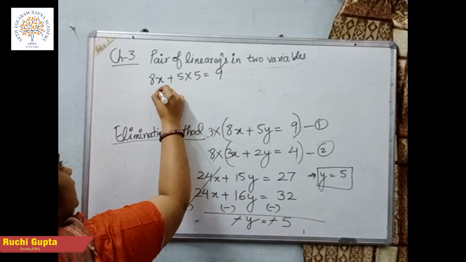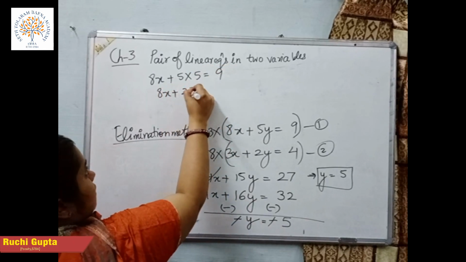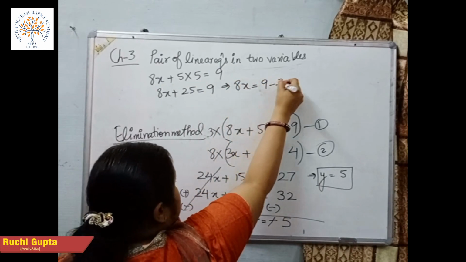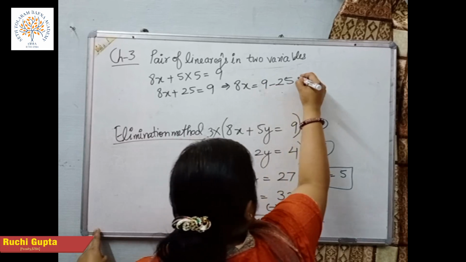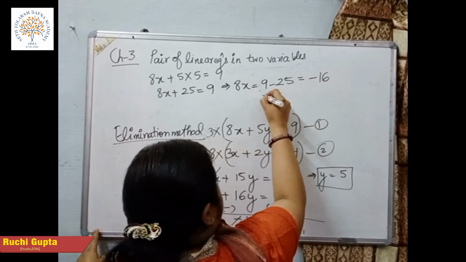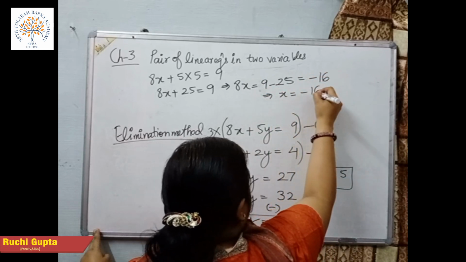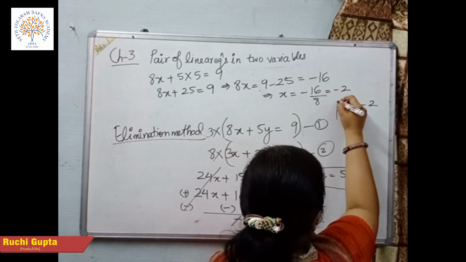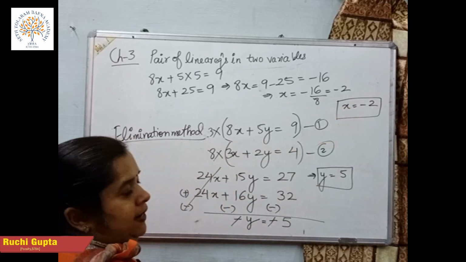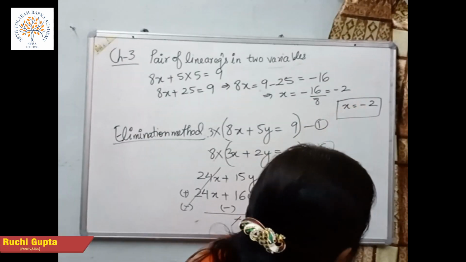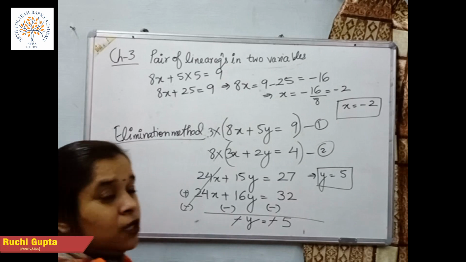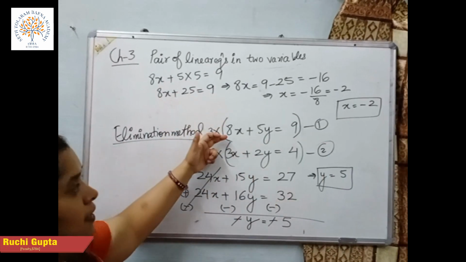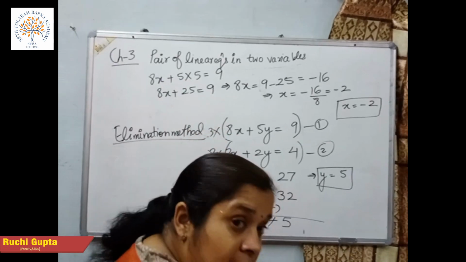So 5 fives are 25. When this 25 goes on the right hand side, its sign changes. It becomes minus. So 9 minus 25 is minus 16. Again, what is x? It is minus 2. So by the elimination method also, we can easily find that the value of x is minus 2 and the value of y is 5. So again I am repeating, substitution means substitute the value of one variable,